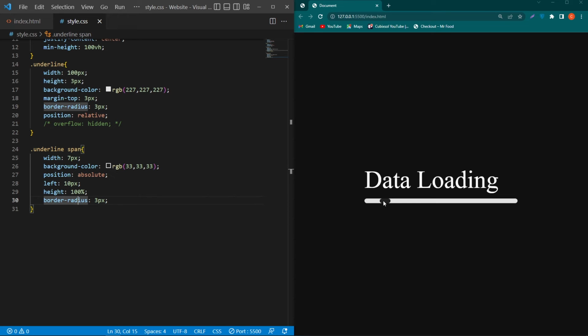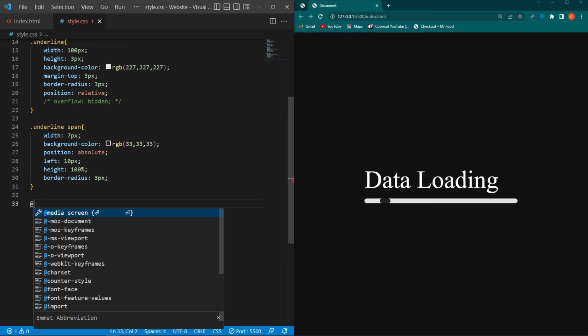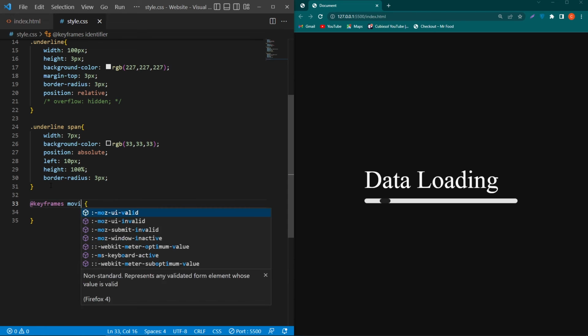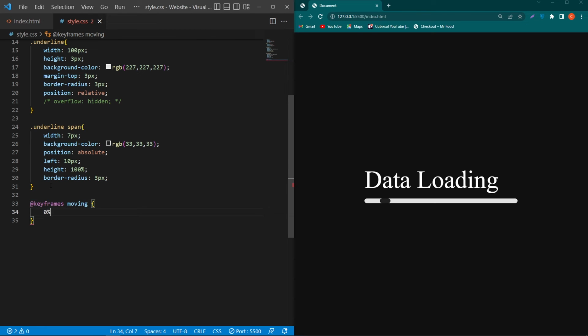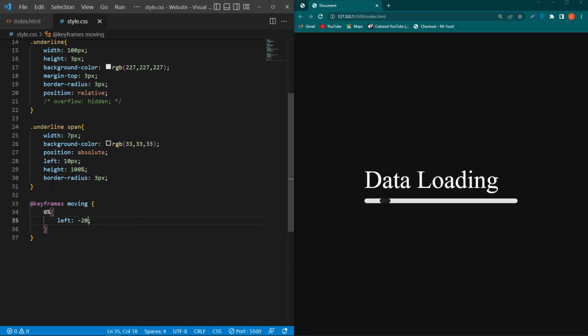Now we have to create an animation for this inner span element. To create an animation, first of all just type here @keyframes. Here I will type my animation name like moving, type 0%, and here I have to type left -20 pixel. Basically this is the starting position of our animation, and next we have to write the endpoint which is 100%,